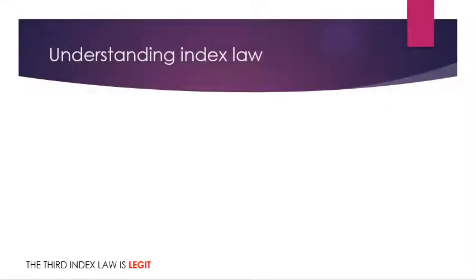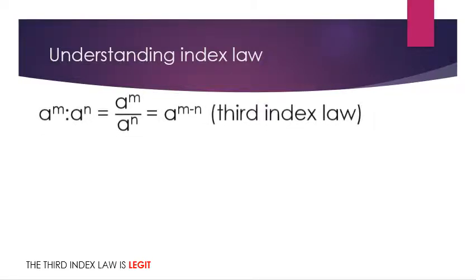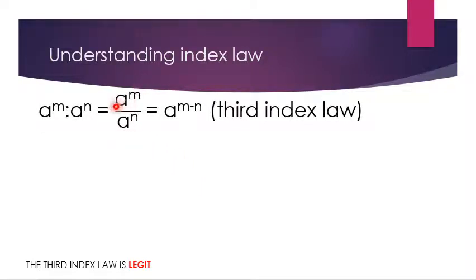And then the third one is when you divide a number by the same number but with a different index or different power, it means you are subtracting them. The example is 3 to the power of 5 divided by 3 to the power of 2 equals 3 to the power of 5 minus 2. It becomes 3 to the power of 3, with the proof that